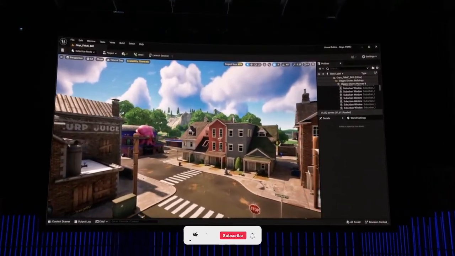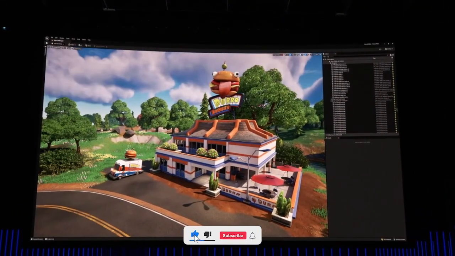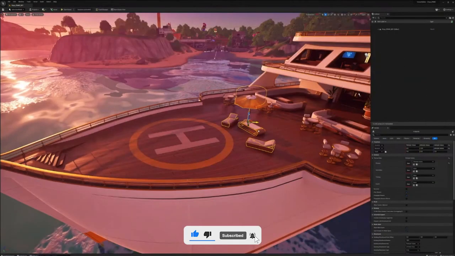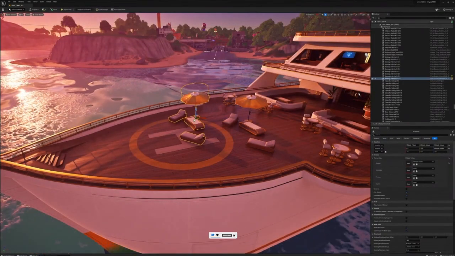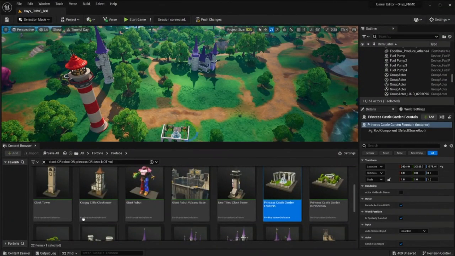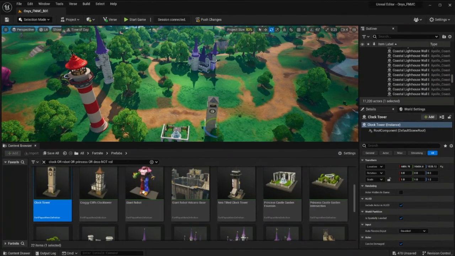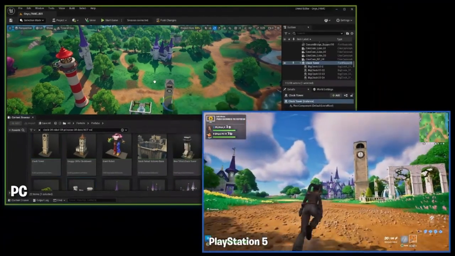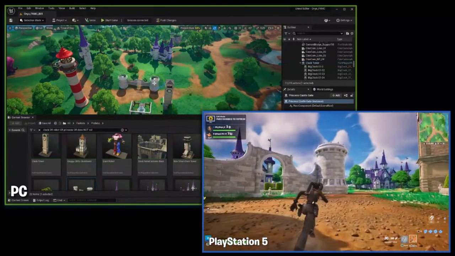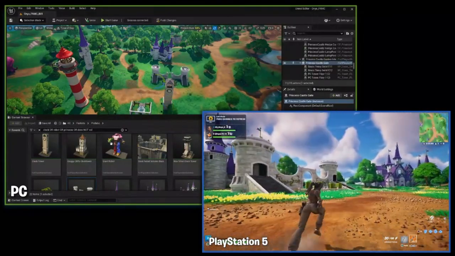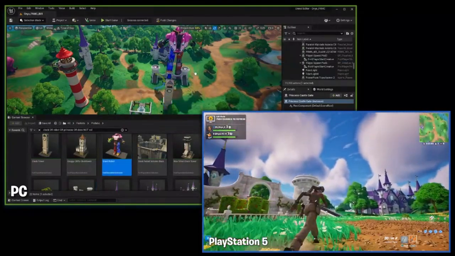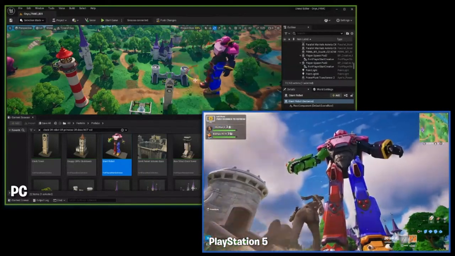UEFN for Fortnite runs on PC and is integrated directly with Fortnite, so you'll have access to over 4 years of content, all for free, to get you started. What's special about UEFN is what we call Live Edit. Live Edit allows anyone on your team to join a UEFN session from any platform that runs Fortnite. That means someone can join from a console, using the normal Fortnite client, and they're able to work alongside and